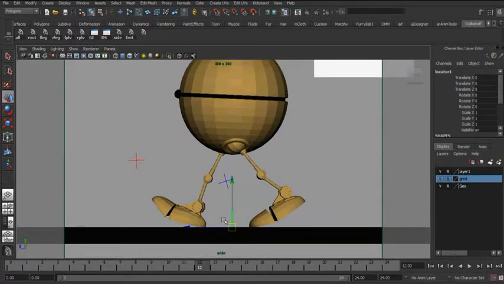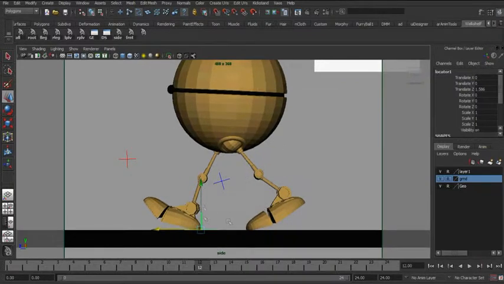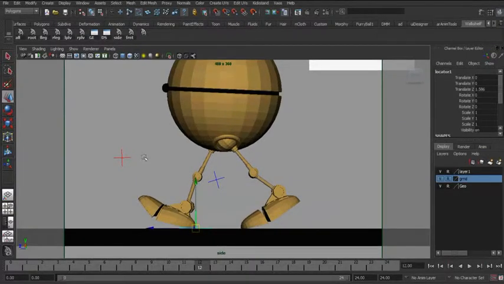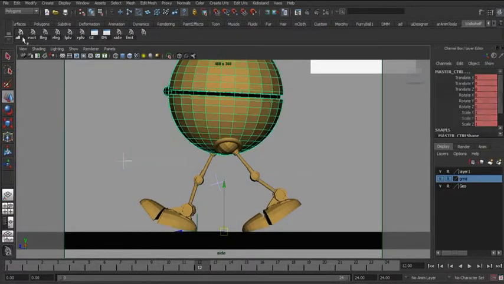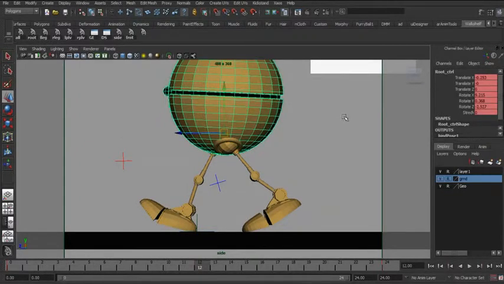Of course, every step is not going to be the same, but I want to take less time on this and try to keep this heel over here, and it will be quick for me actually. Okay, so this is what I want to do. On the 12th frame I'll set a key here, and first of all I'll select a root here, and on the root what I want to do is